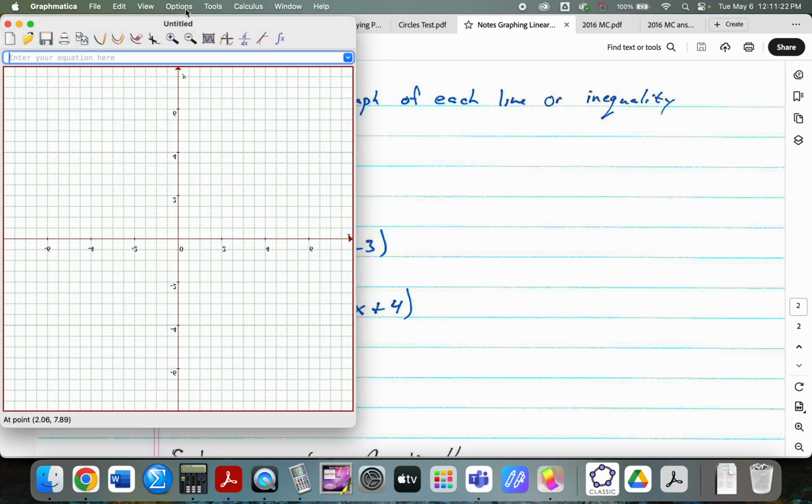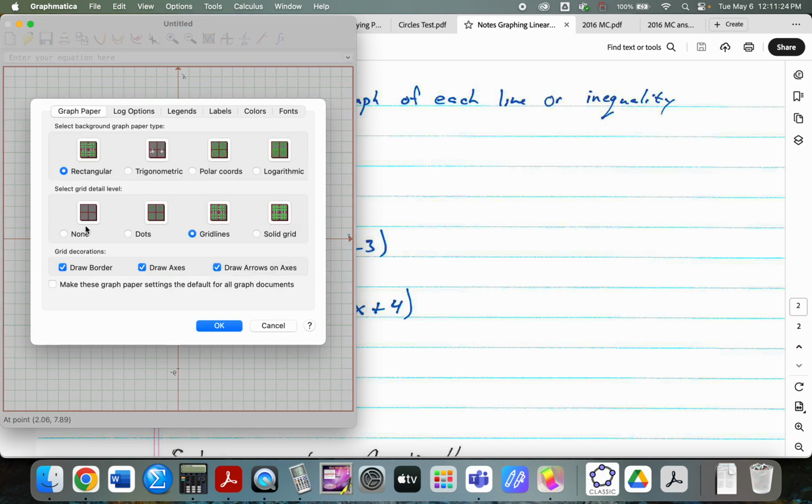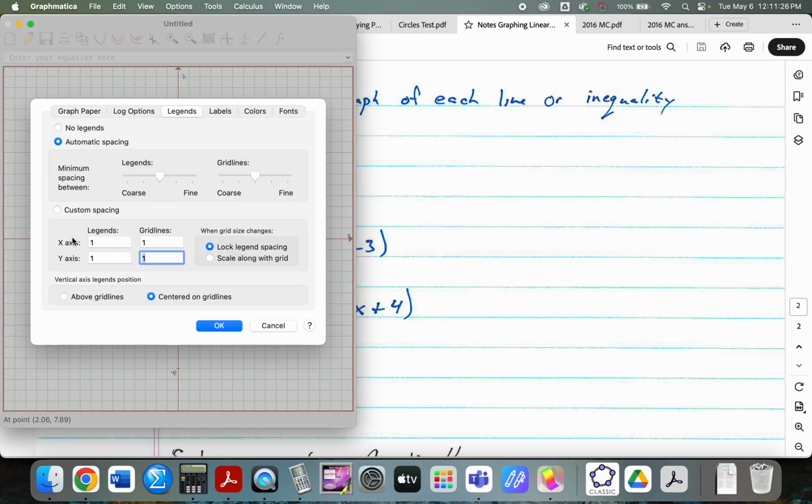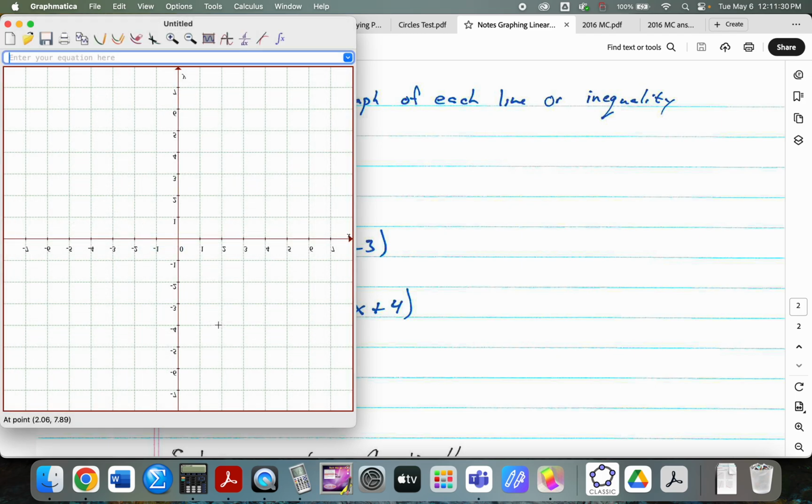I hate it when I do that. All right, graph paper. That's a little better. And I apologize that all my numbers are upside down. It's not my fault, but